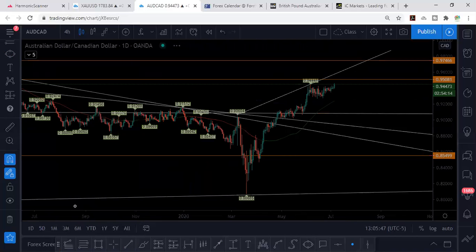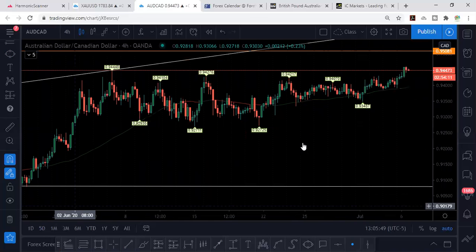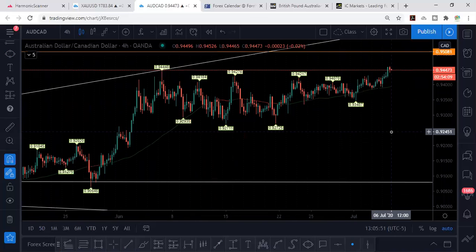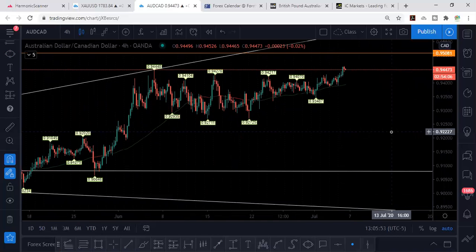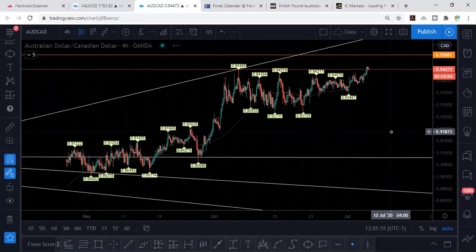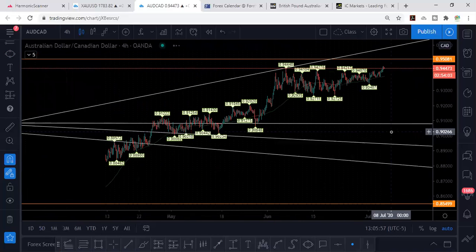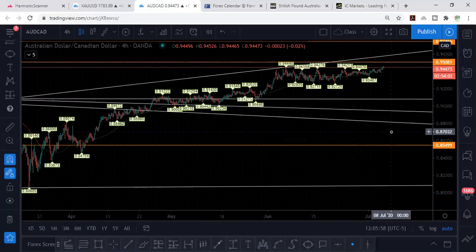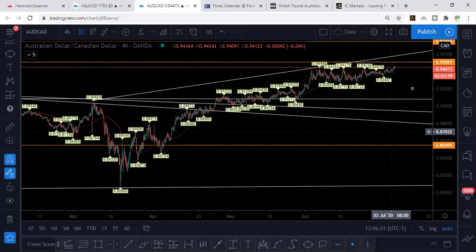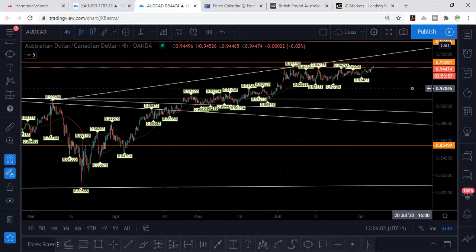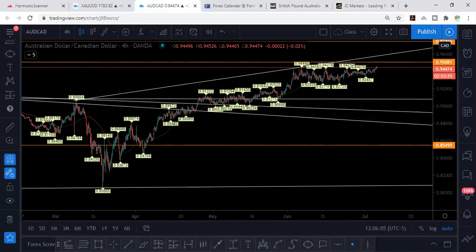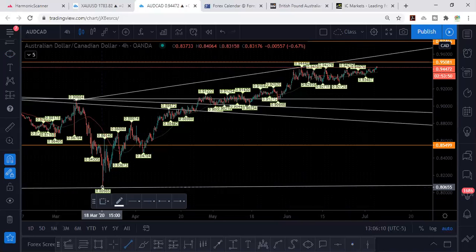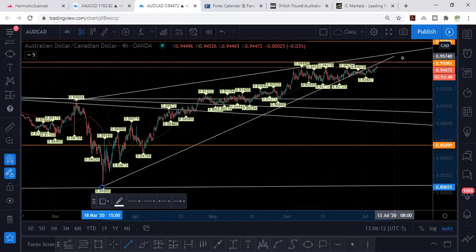4 hours. Okay, so 4 hours might give us a better distance now. Maybe we'll be able to find a support. Now let's see. Okay, good. So on a 4-hour chart, I want to draw my trend line from the lowest low. Okay. It's from the most recent low to